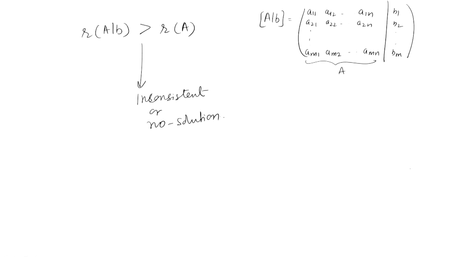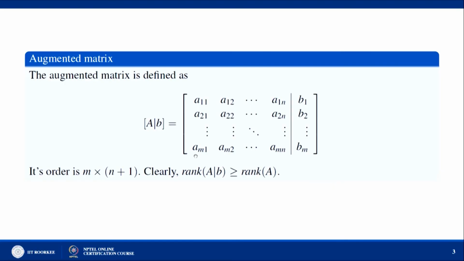Okay. So, let us discuss a few properties based on this. We have already discussed that a system of non-homogeneous equations is given by Ax equal to B, where B is not equal to 0. This is the coefficient matrix, this is the unknown, and this vector is the right hand side. The augmented matrix is defined like this: we first write the matrix A and then the right hand side. This entire matrix is called the augmented matrix. Its order is m cross n plus 1.